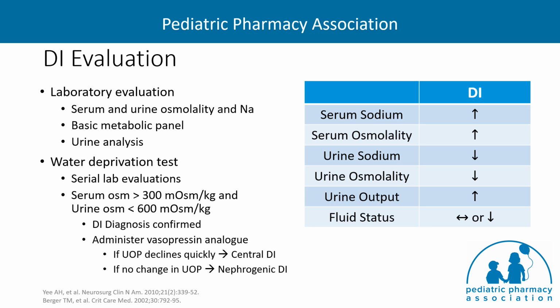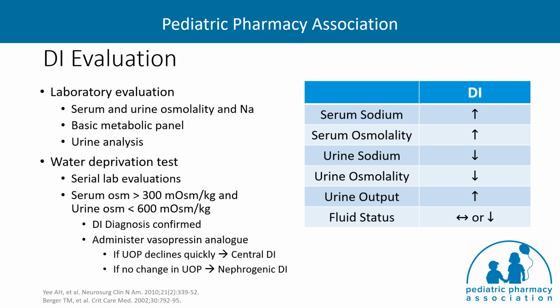In patients with DI, they will often have very dilute urine and low urine-specific gravity. If the patient is hypernatremic and has elevated urine-specific gravity, the hypernatremia is more likely secondary to dehydration, and the water deprivation test should not be performed. However, if the urine-specific gravity is low, then the water deprivation test can be performed to confirm the diagnosis of